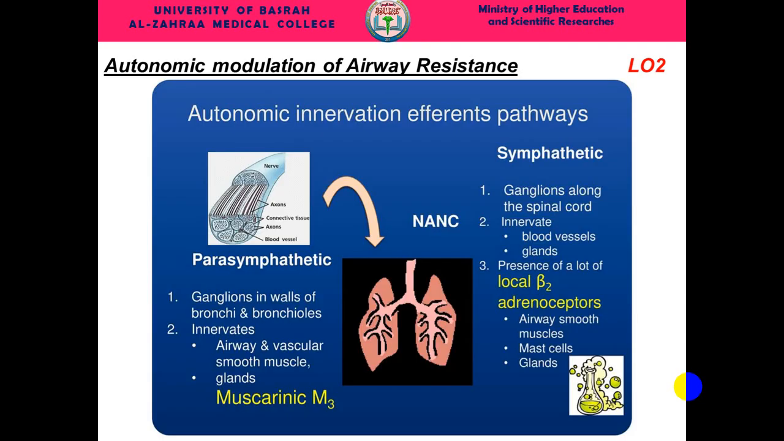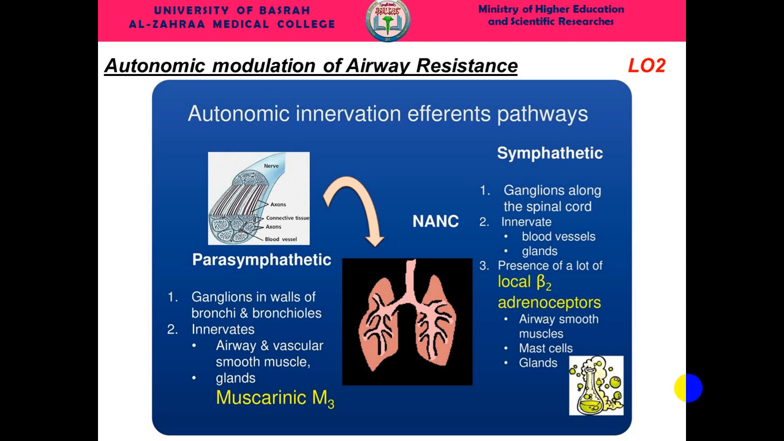So if we want to talk about the autonomic innervation of the airway, you know that we have sympathetic and parasympathetic nervous system. There is a parasympathetic ganglion in the wall of the bronchi and the bronchioles, but there are no sympathetic ganglia in these areas. So parasympathetic innervation usually through the ganglia will innervate the airways and the vascular smooth muscle and the glands that are secreting mucus